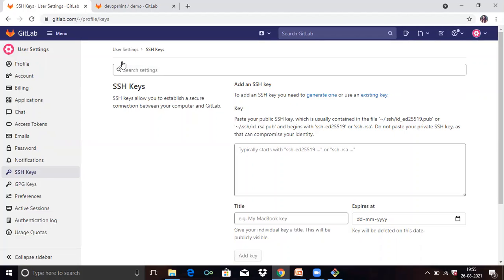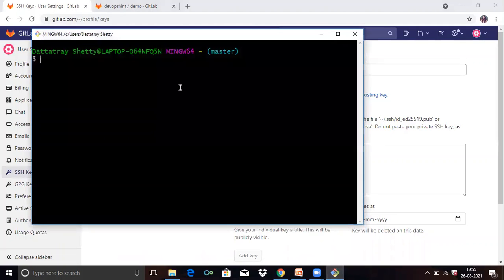So in today's video we are generating SSH key. Firstly go to the Git bash, and if you installed Git, then you can generate the SSH key, otherwise not. So in Git bash, before generating SSH key, firstly we have to configure username and email.